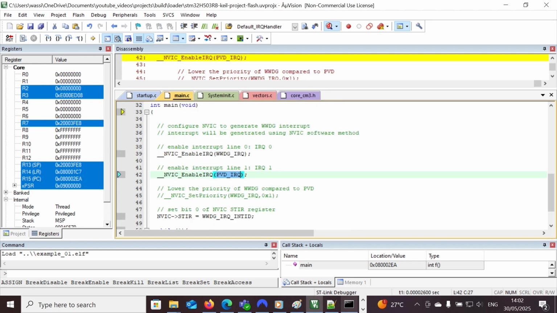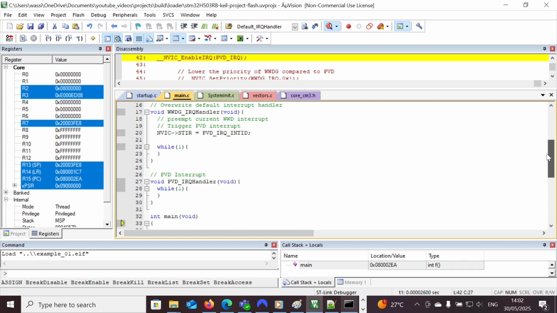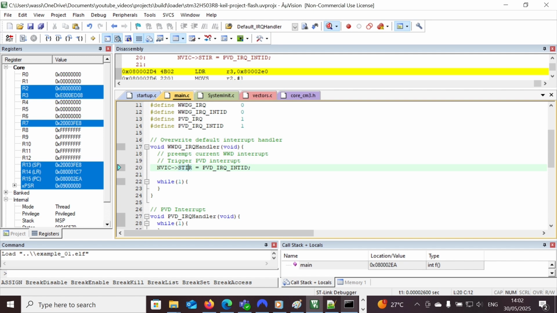If we go back to our main, we are first of all generating a window watchdog timer interrupt. Then we jump here, and here we are trying to generate another PVD interrupt. Because this one has higher priority compared to this one, there is no way that the PVD will be able to preempt the window watchdog timer if both, let's say, have the same priority level, which is the case because we didn't modify the NVIC interrupt priority